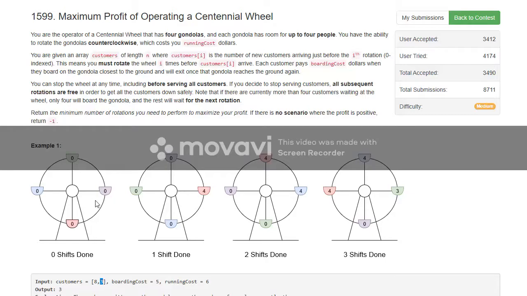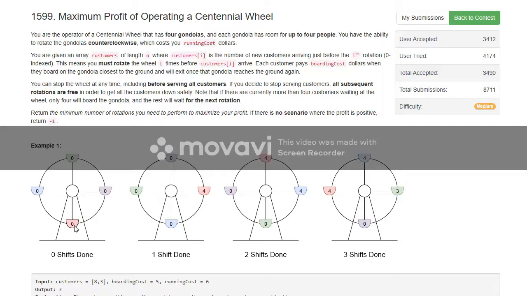This is mandatory and you have to do it. You cannot wait for the customers to get to four to fill up and then rotate. That's not possible. You have to rotate every time a customer arrives. So this is pretty much the scenario.